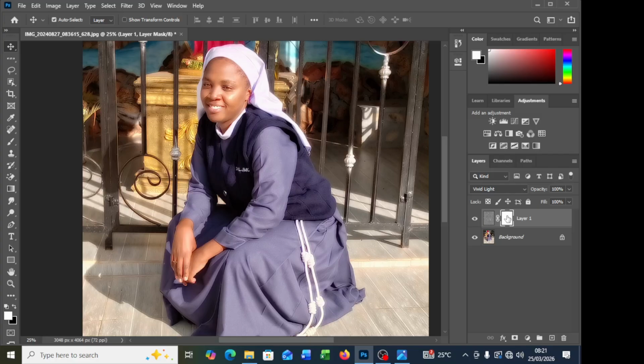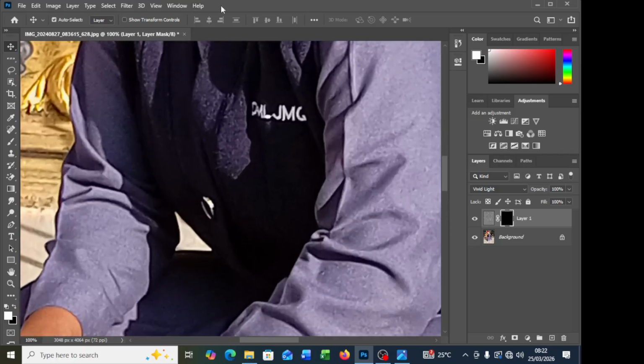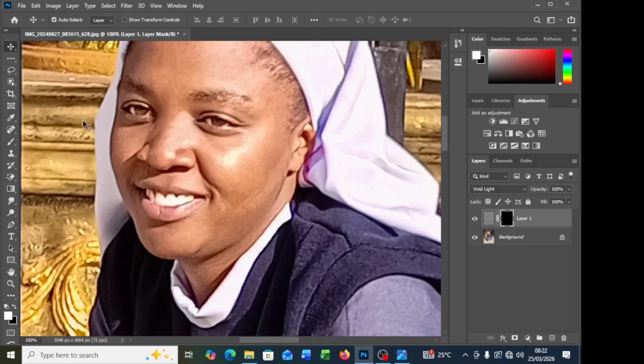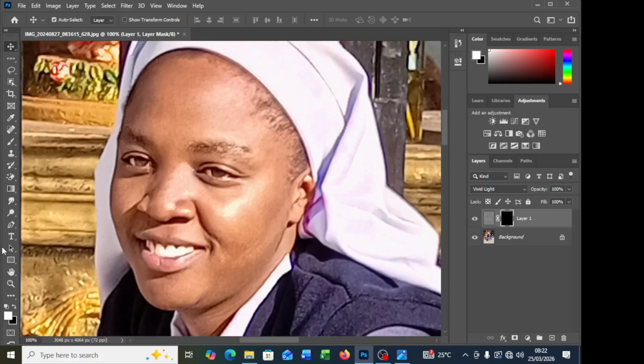When you invert, it means you're creating a negative mask or you're hiding what you did. But we shall also use the brush tool to reveal this. So we shall invert this by pressing Ctrl I. From white, we want it to turn black. That is Ctrl I. So I can zoom my image to start revealing the effect, not on all the parts,